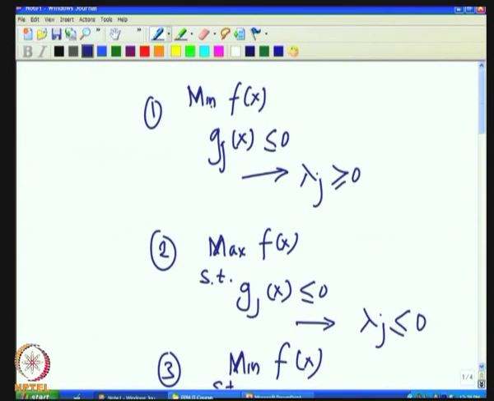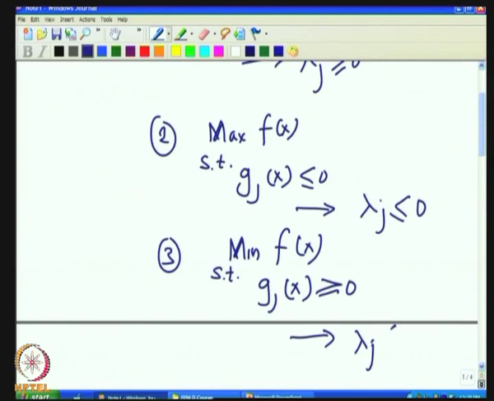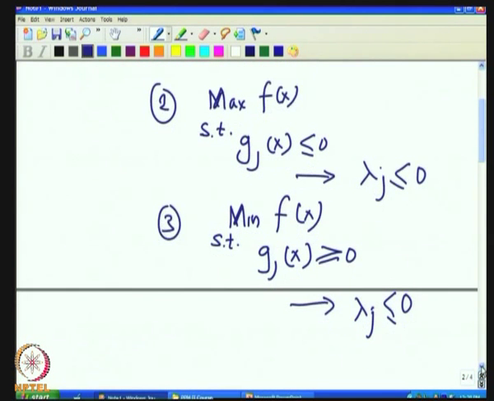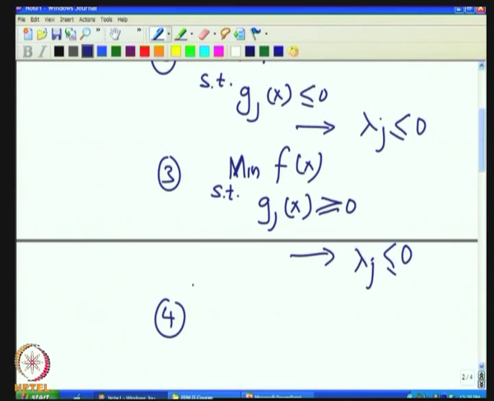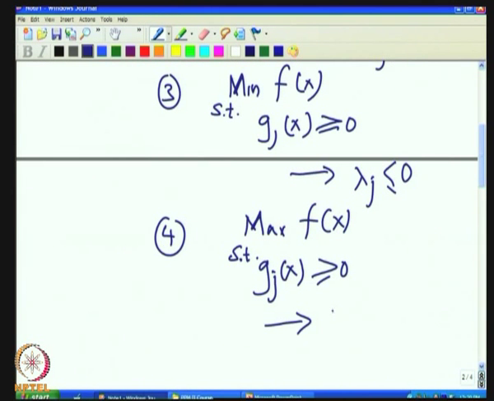If we change either the objective function or the nature of the constraint, then lambda j's will reverse the sign, and therefore, in this case the lambda j will be less than or equal to 0. If we change both of them, namely I will make the minimization function a maximization function, that is, objective function as maximize f of x, and I also change the constraints from the original less than or equal to, I make it greater than or equal to. So, g j of x I will make it greater than or equal to. Because I have changed both of them, the original sign of the lambda j's remains, namely lambda j greater than or equal to 0.